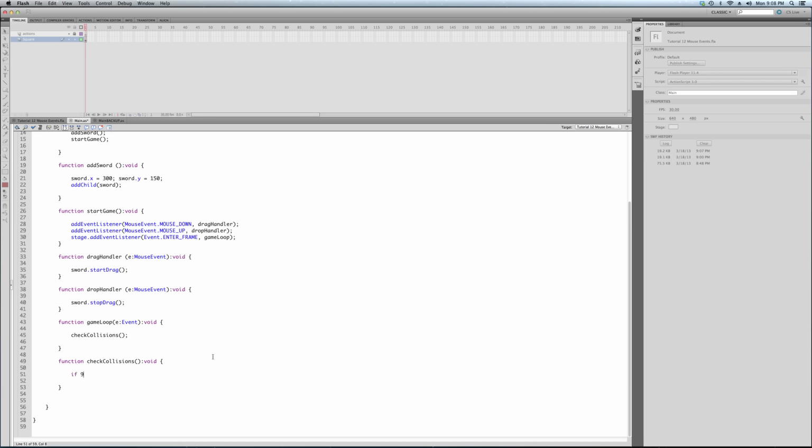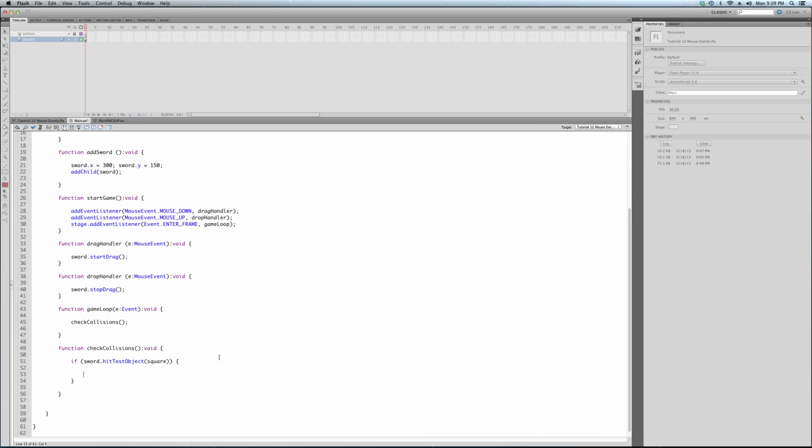So we're going to do the same thing we did before. We're going to put an if statement. Instead of the flyer, it's going to be the sword. If sword hitTestObject square. Remember, our square is just named square. If the sword hits the object, let's change the touching property to true. We don't really need it too much in this tutorial, but why not? So if the sword goes over the square, touching is true, and what we're going to do is we need